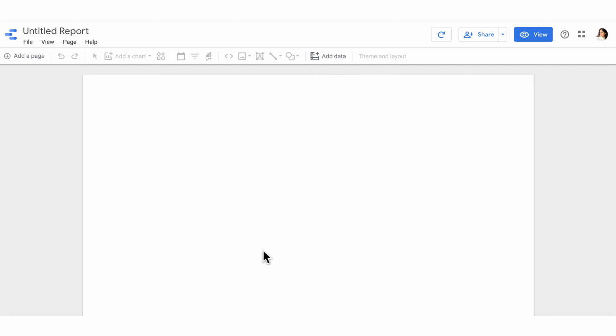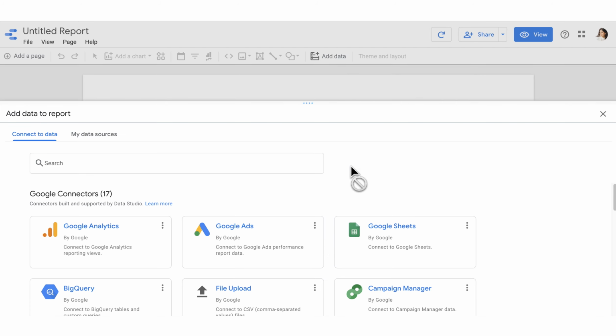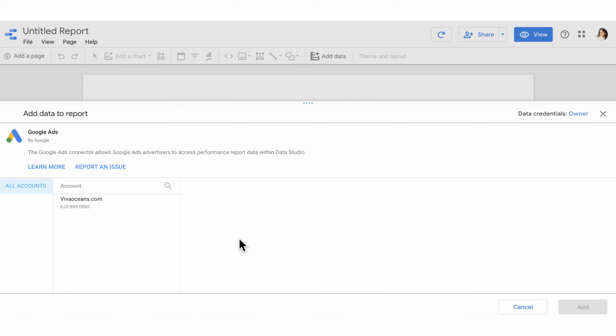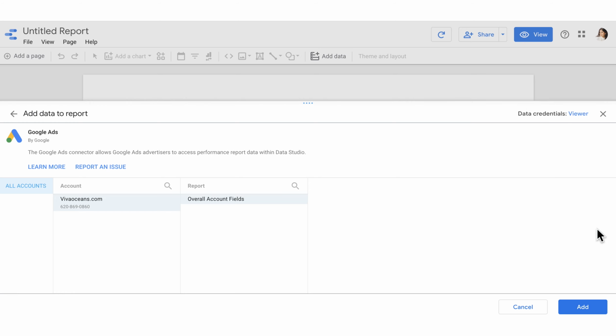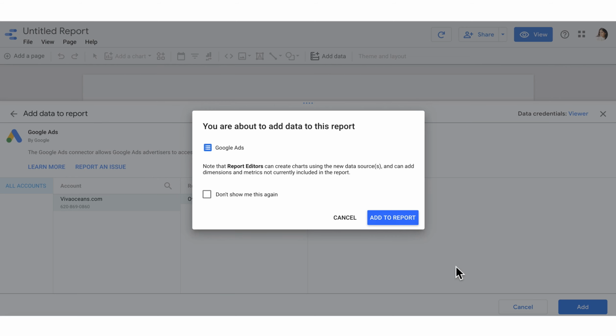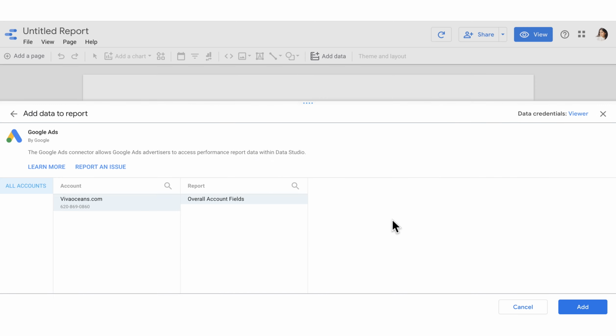Now, apart from YouTube Analytics and Google Analytics, we have the option of Google Ads, and we can connect to the Google Ads performance report and analyze those data. It's going to follow the same procedure as before. So this is a Google Ads account I have access to, overall account fields. Again, I'm going to change it to viewer's credentials as usual. It's the same procedure as before, but it's a good idea to go through it given that so many people use Google Ads. I'm going to add to report,